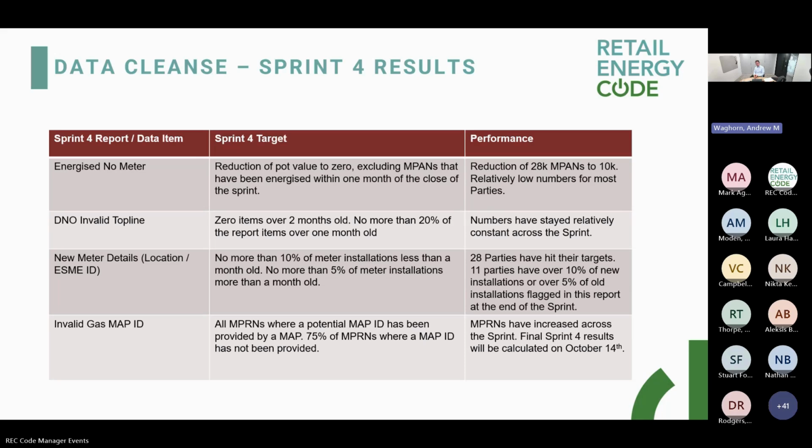Because based on some of the engagement that we've had with MAMs over the course of this sprint and some subsequent conversations with Exaserve, we are trying to confirm whether the action's been taken to provide the data by MAMs, but there is a dependency on some subsequent flows that both suppliers and shippers need to send. And so if that hasn't happened, even though the work's been done over here, the map ID won't get updated. And we're trying to pin down, is it that there's more work to do on the MAM side, or actually is it that the MAMs have done the work, but then the subsequent flows haven't happened? If it is the latter case, then we